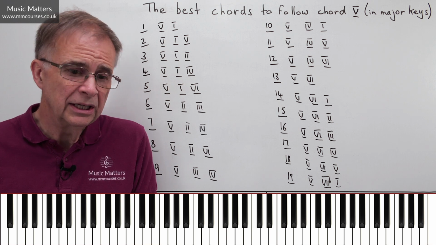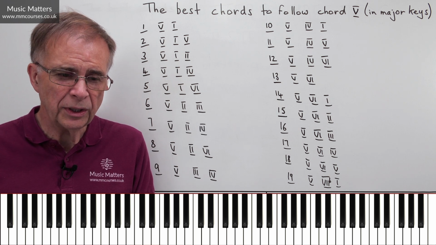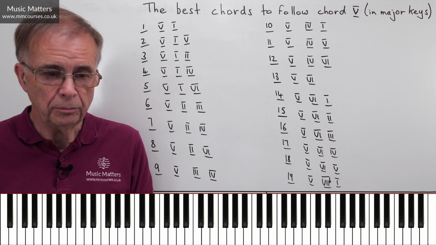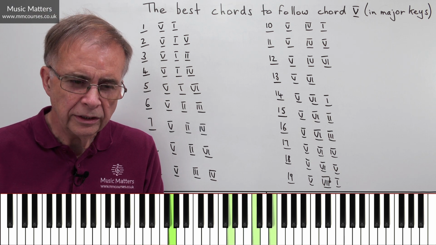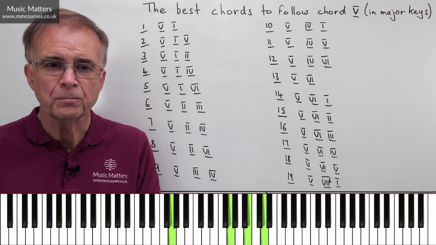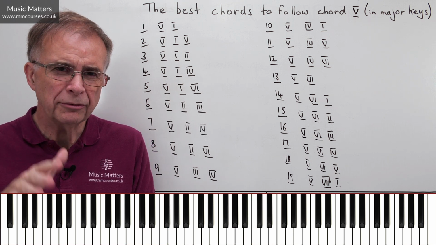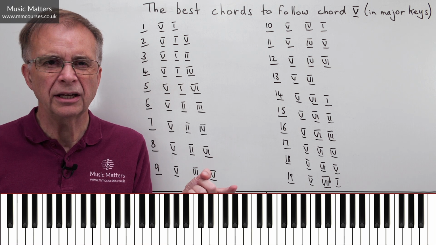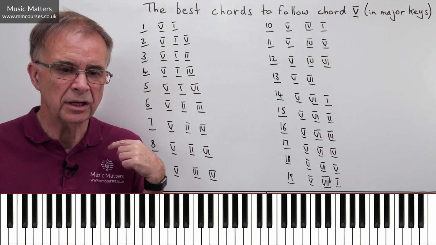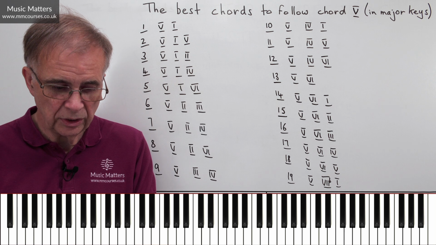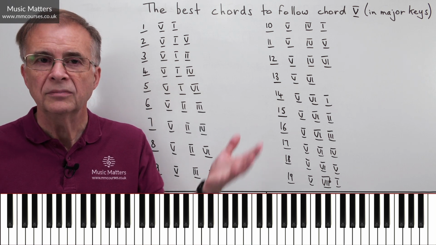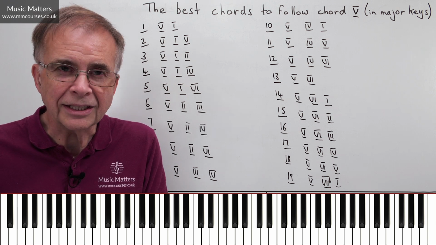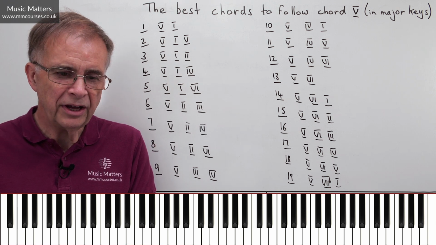Option number 2 just takes that a step further and says, well, you can go 5, 1, but you could go back to 5. Okay, well, how would that work? Well, 5, 1, and back to 5. So sometimes people are kind of a bit guarded about doing that. I've just had 5, I've used 1, why would I want to come back to 5? But actually it works quite well. Lots of composers have done that kind of thing in their music. So 5 to 1 to 5.